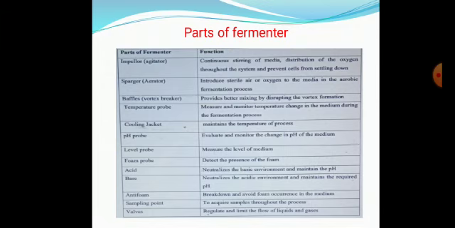Then apart from that, you can see there are acid and base containers, and the function of them is they will have acid and base as such. Whenever pH changes, the probe will be connected to the acid container, and weak acid will flow into the medium. Similarly, a weak base will be there. So you can see the function of acid and base is to neutralize the environment and maintain the pH.